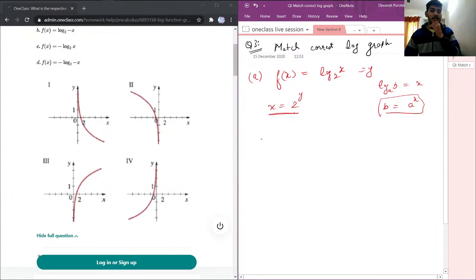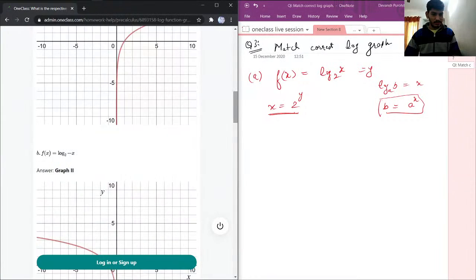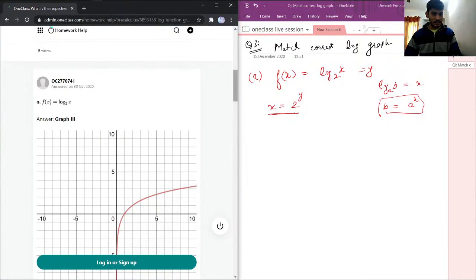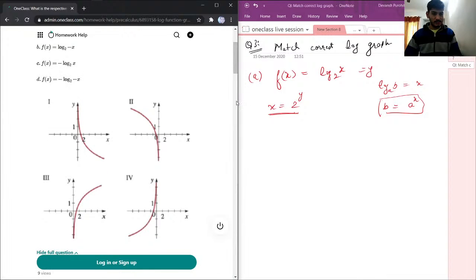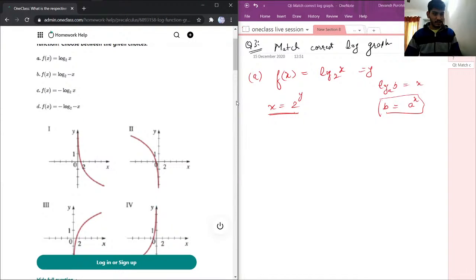I'll just take the derivative. I think if I take the derivative, let's see the solution given by Junior Tutor. They haven't given any proper solution here. So what I should do now, log base 2 for x. I'll just check the derivative of